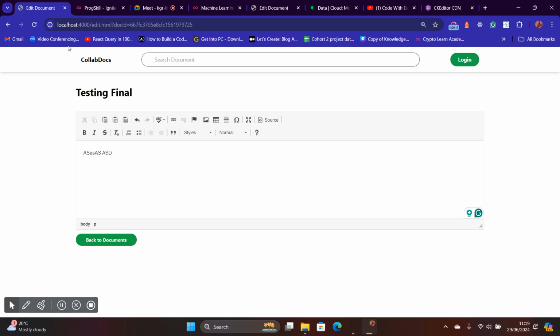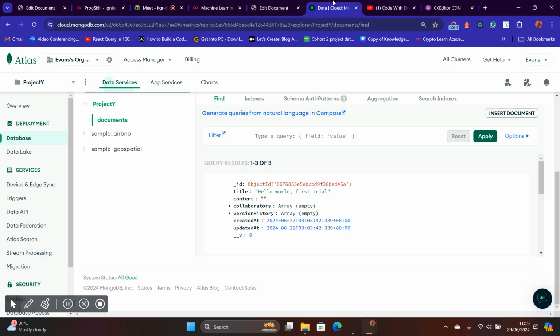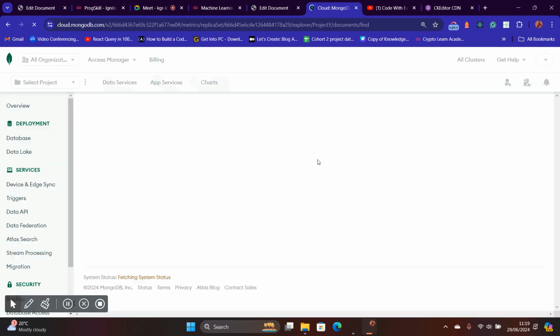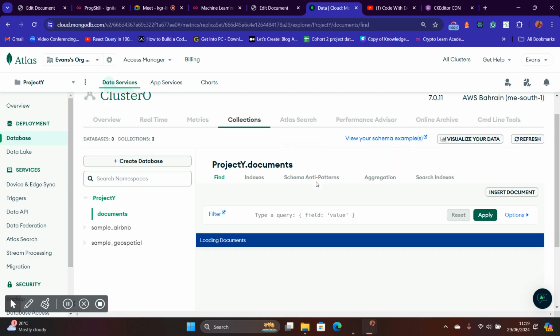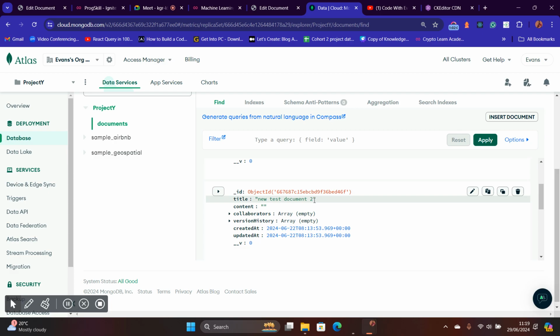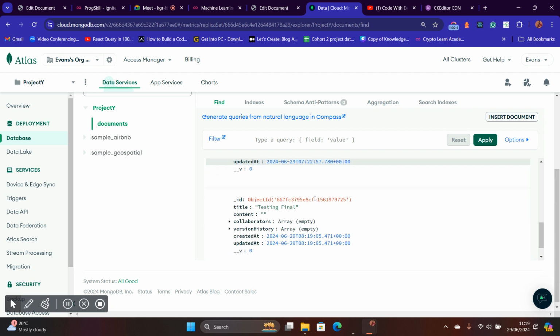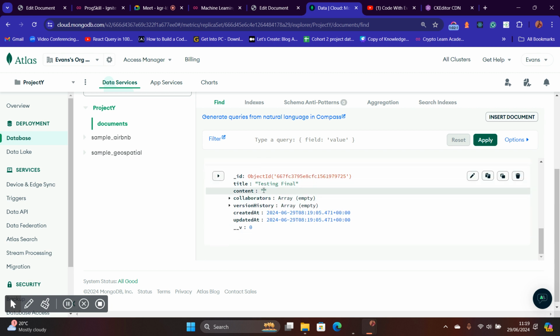Maybe we wait, and we check if it has sent any data to the database. Let me just load. See if we have any data over here. Testing this one with empty data. So the problem should be